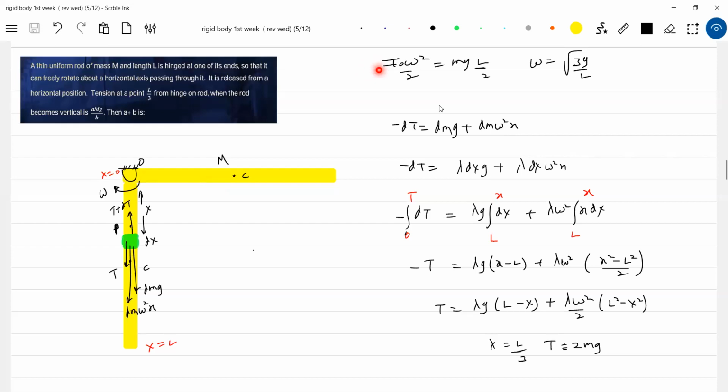Rather than asking a numerical, they may test you. Then what happens to the angular velocity in that case? It will become less, because the elastic potential energy you are going to put on the RHS. If you account for deformation of a rod, then this omega will be less than what we get. More than one option may look right. Be careful.